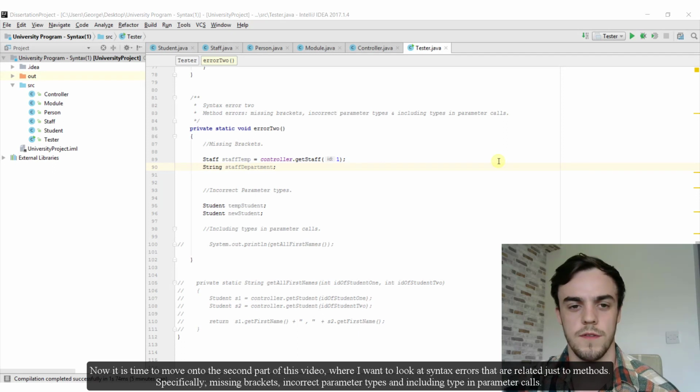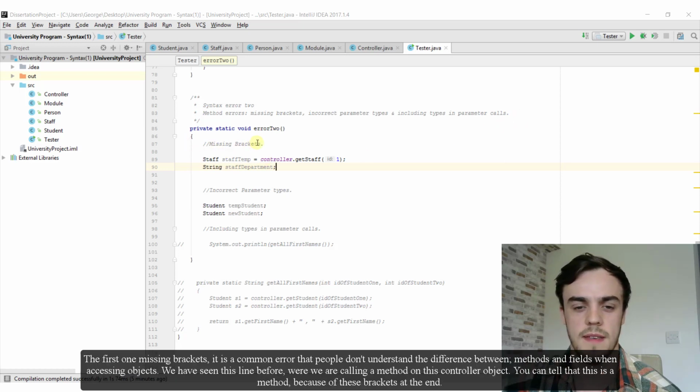So now it's time to move on to the second part of this video, where I want to look at syntax errors that are related just to methods. Specifically missing brackets, incorrect parameter types, and including types in parameter calls. So the first one, missing brackets, is a common error that people don't understand the difference between methods and fields